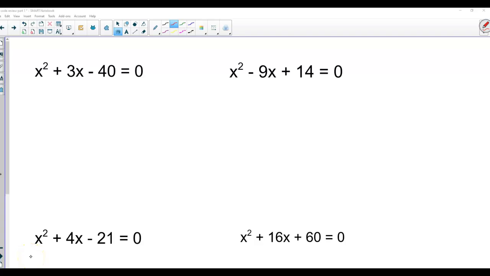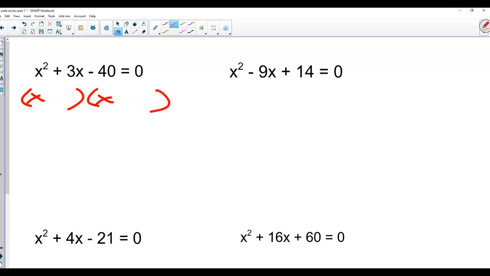Anytime I have x squared, and it's something that can be factored, we'll get into the quadratic formula, completing the square, stuff of that nature. I'm not going to give you a problem that can't be factored on the test. You don't have to worry about a prime trinomial here. So if you have x squared, automatically it's x and x, because the only thing that can multiply to x squared is x times x. That's it. And now, when there's a 1 in front of the x squared, it's now what factors of the